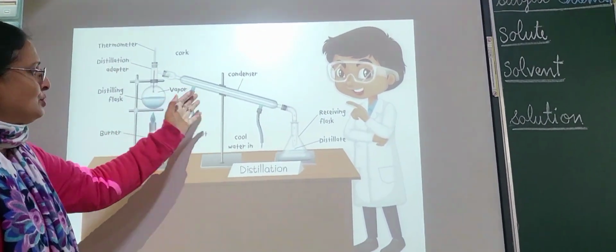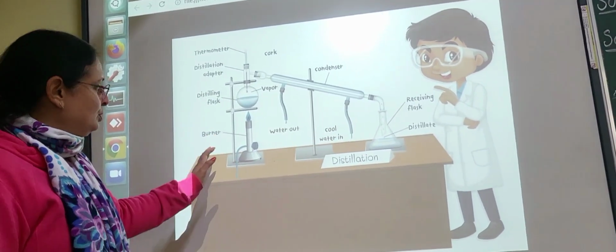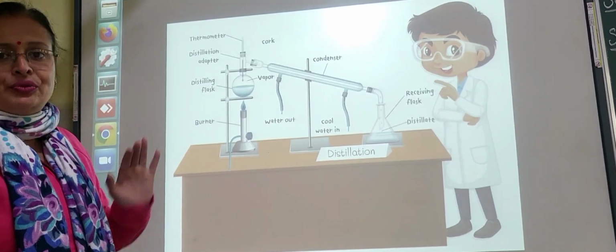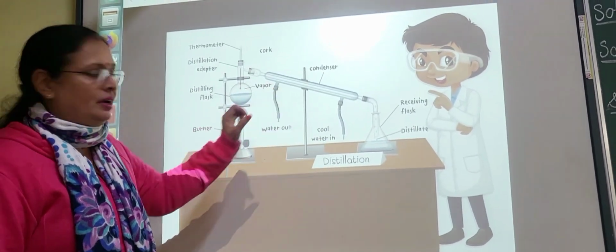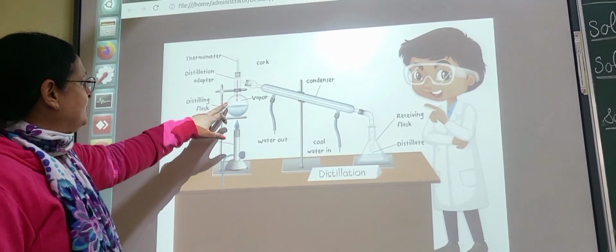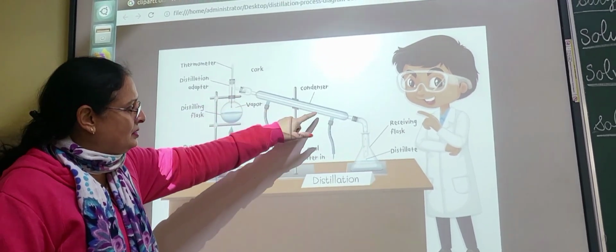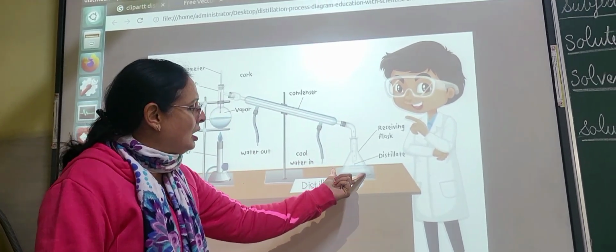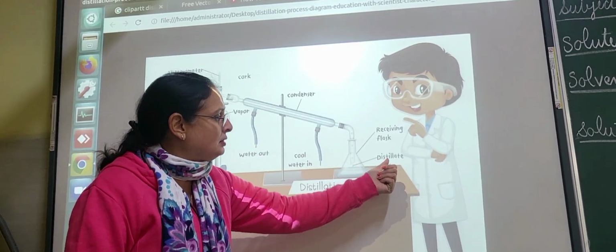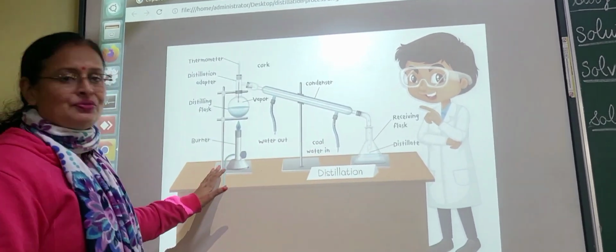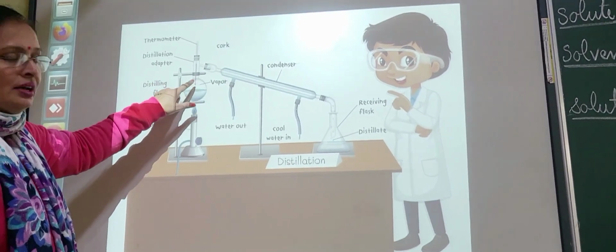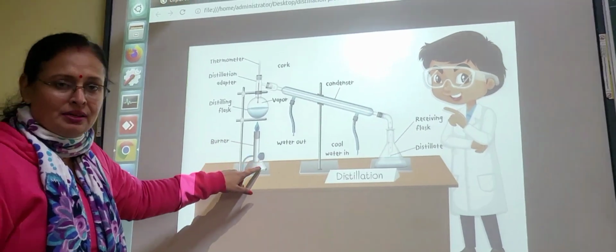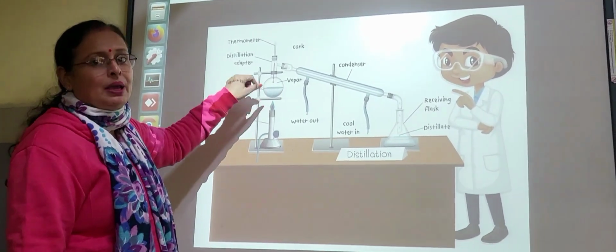In this, we have utilized a number of apparatus. You can see here, this is the complete process of distillation. For this, we require some apparatus. First, a burner, then a distillation flask, this is the condenser, then cool water, and finally a bath or a flask in which we can receive the distilled water. What we have to do, first we take the salt water, which is going to be heated by the burner.